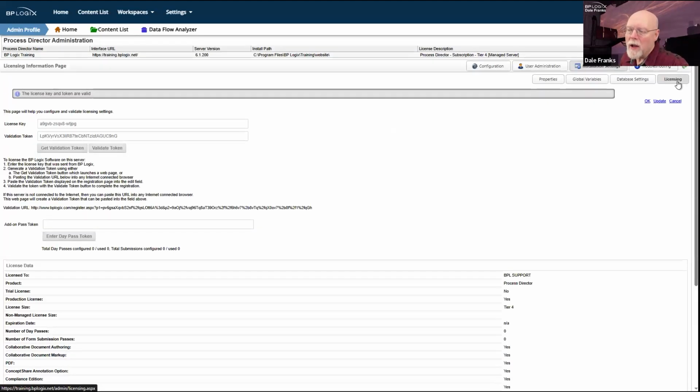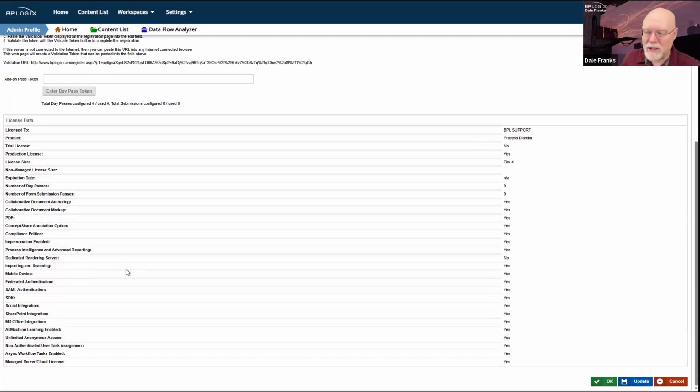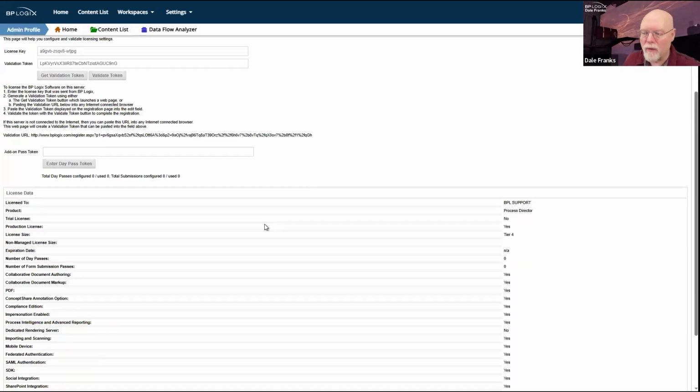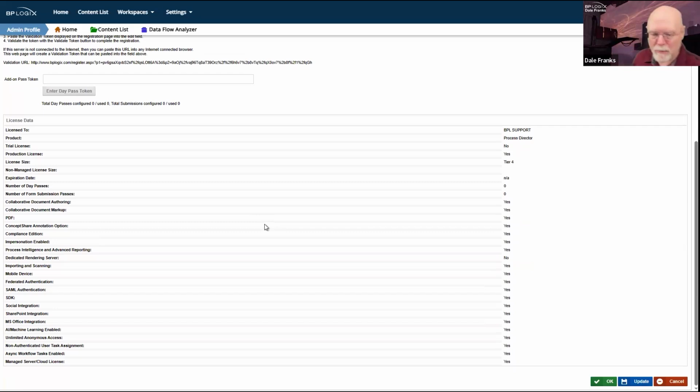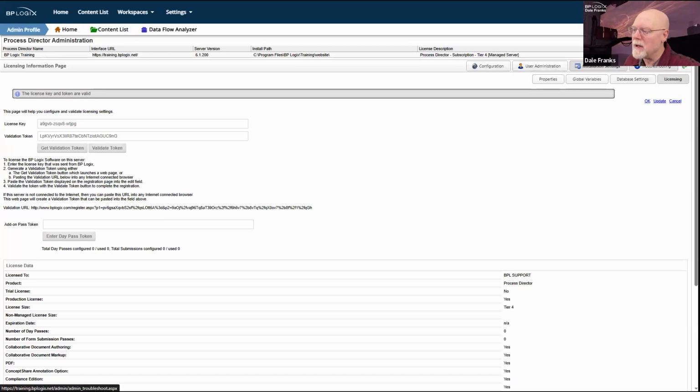If you want to know what licenses you have in Process Director, because occasionally people will put in a support ticket that says, hey, am I allowed to do this or that on my system? Honestly, in tech support, I don't know what your license says you can and can't do. You know who knows? You do, because you have a licensing page so that you can go in and see exactly what your server is licensed for, the type of license that you have, what your license key is, and all of that. That's all on the licensing page. So if you want to know what it is that your system is allowed to do, open your licensing page. It'll tell you.